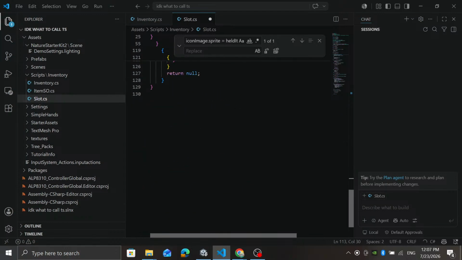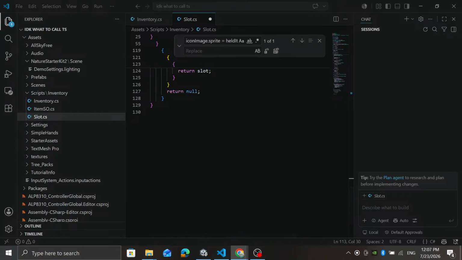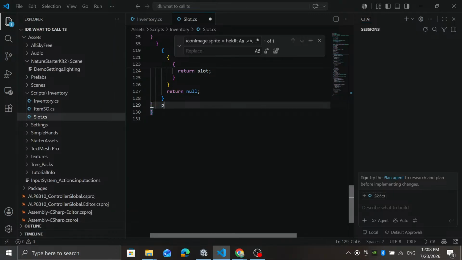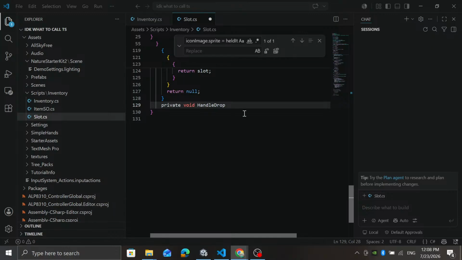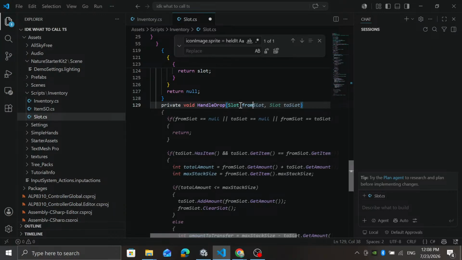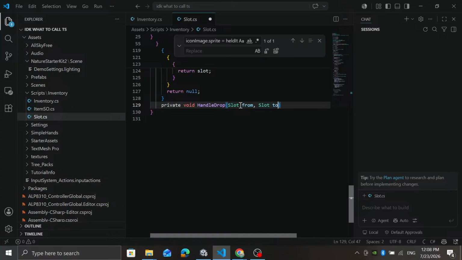So go down here and add a private void HandleDrop, where there will be a slot called from, so this will be the slot it's coming from, and a slot called to, so the slot we're dropping into, where we'll first check if from is equal to to, or if it is,